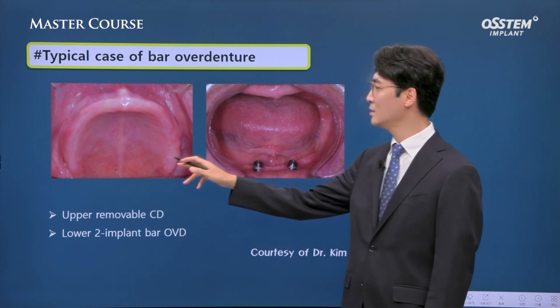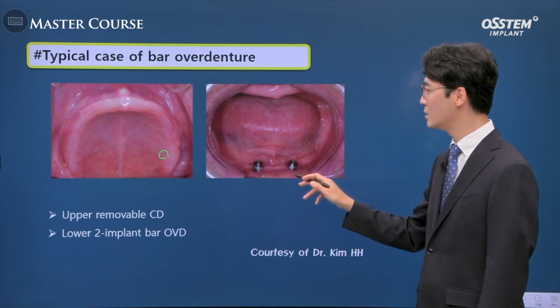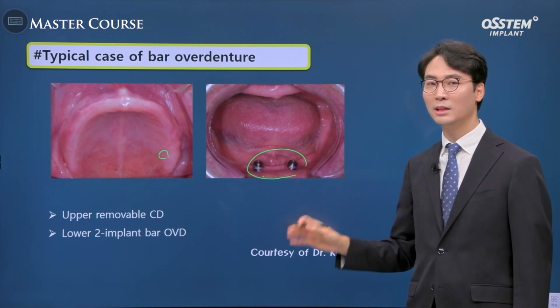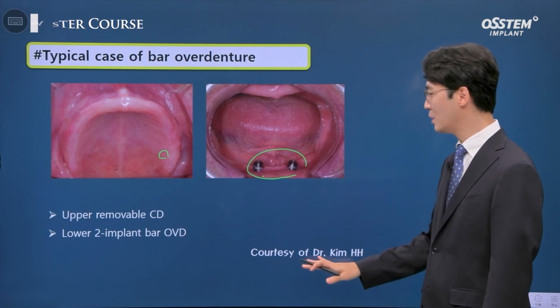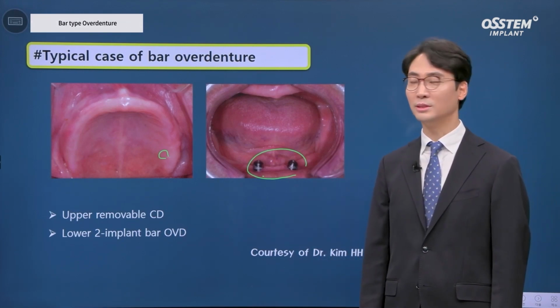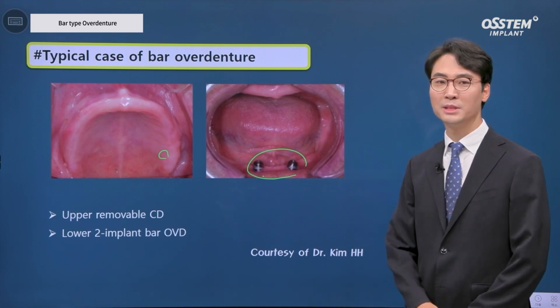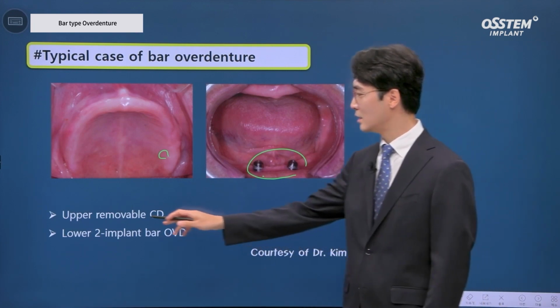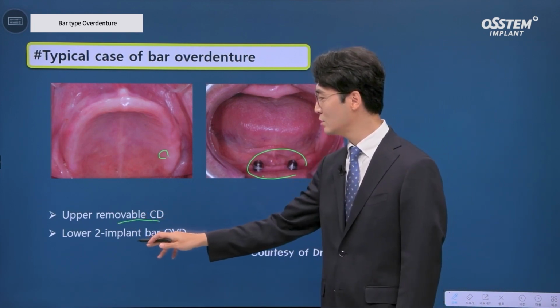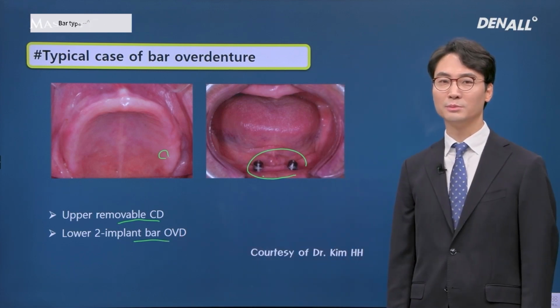Let me show you a typical case. In the upper, a complete denture has been used. In the lower, 2 implants have been placed and a bar overdenture was used. This was a case done by Dr. Kim Haku. In the upper, a conventional full denture was provided, and in the lower, 2 implants were placed for bar